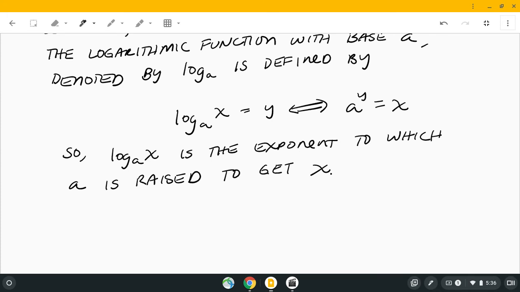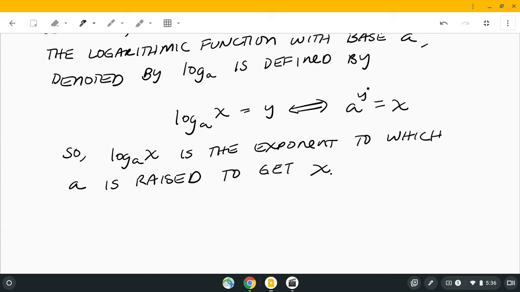Okay, so let's read that again. Log base a of x. So this is the exponent to which a is raised. So it's like saying a to this exponent will give us x. Okay, so that might be a little abstract for you to see, but if we look at it here,